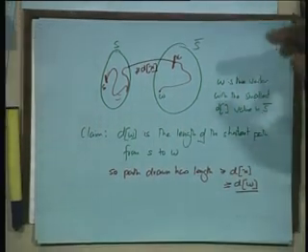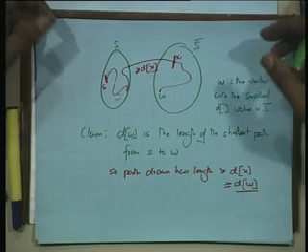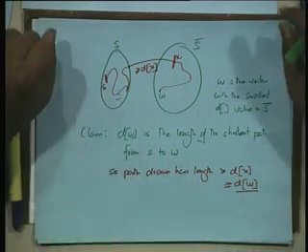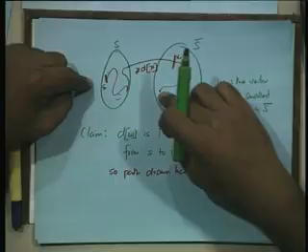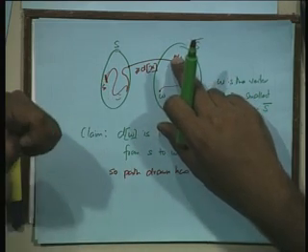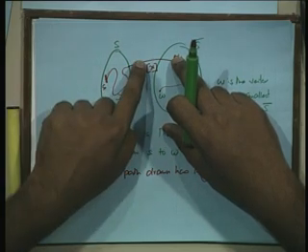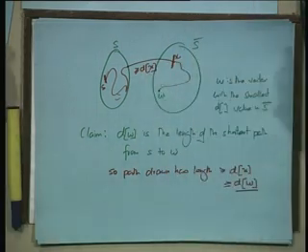We started off by saying that there is a shorter path than d of w, a path whose length is strictly less than d of w. So, that is not the case. If there were such a path, it would have to have a length greater than or equal to d of w. It cannot be strictly less than d of w. All I am saying is this part of the path has to have length at least d of x. If it were the shortest path, then it would have exactly d of x, but maybe you did something, I do not know, it is at least d of x.